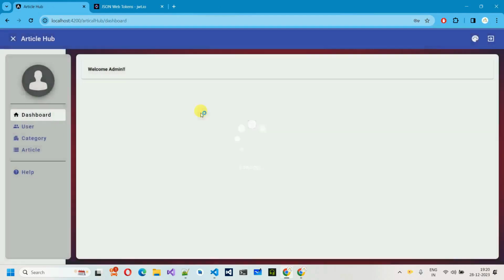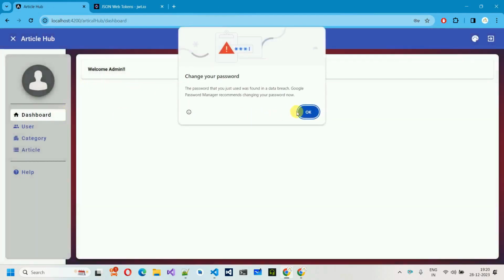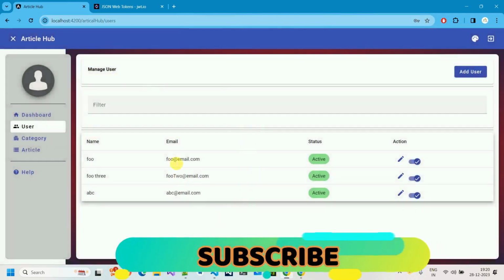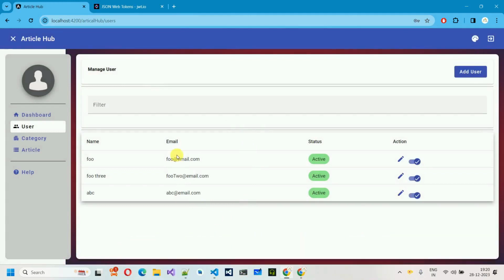Just log in. After this, we have one option for the users. When I click on this, here you can see we have three different users. We are logged in with admin@email.com, but that one is not visible over here. Why? Because that one is a super admin. Super admin, you cannot delete it. You cannot make any modification to that one,